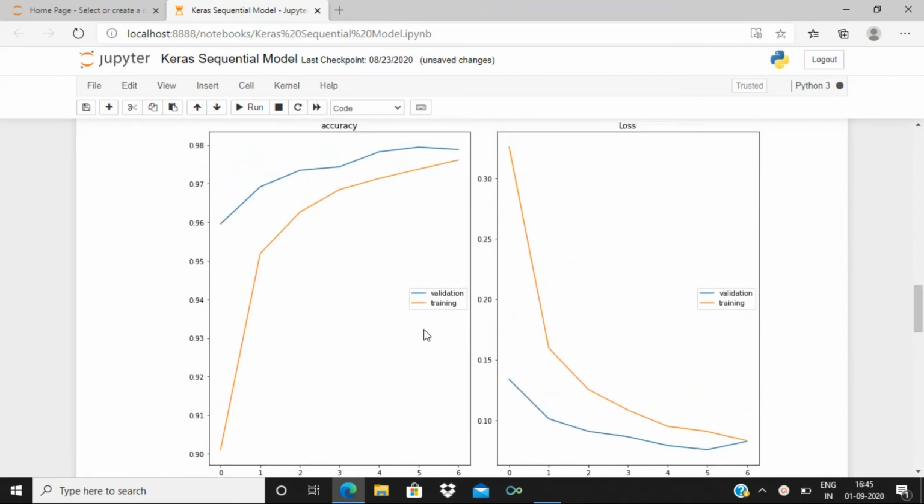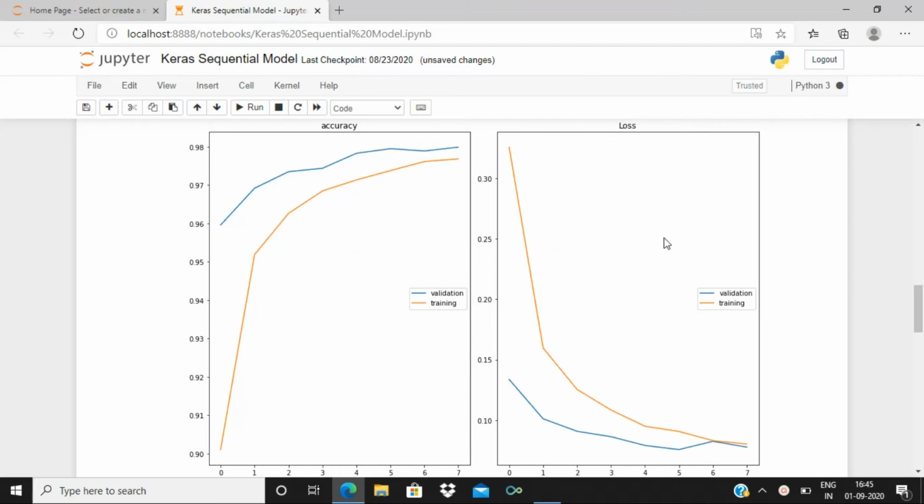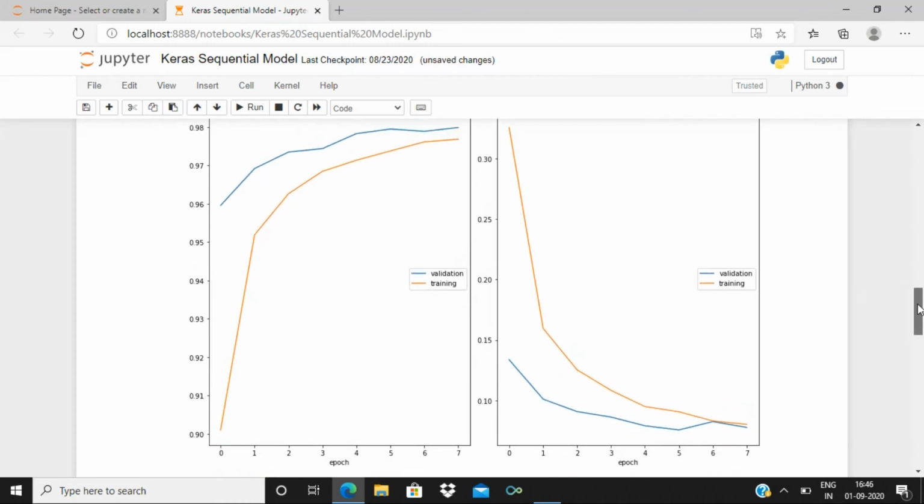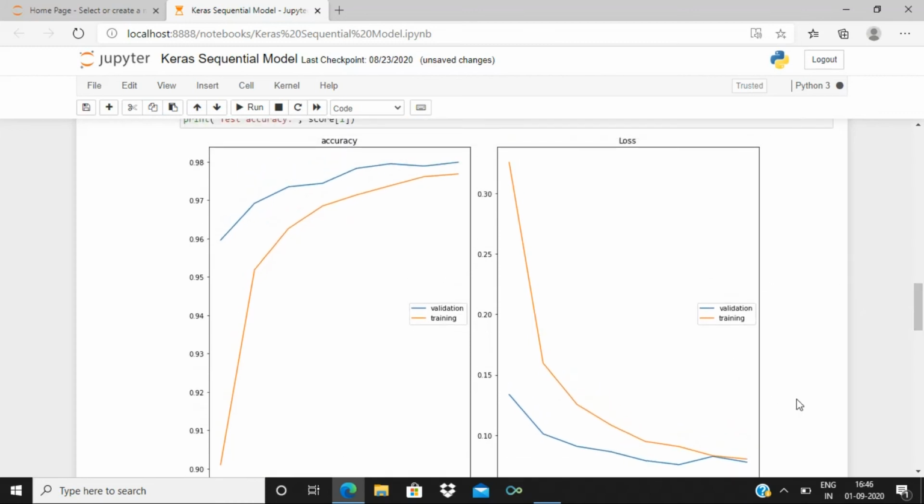If you observe, we have two graphs over here. The first graph represents the accuracy and the second graph represents the loss. In the loss graph we can see that the error reduces with each epoch, and the other shows how the accuracy increases with each epoch.